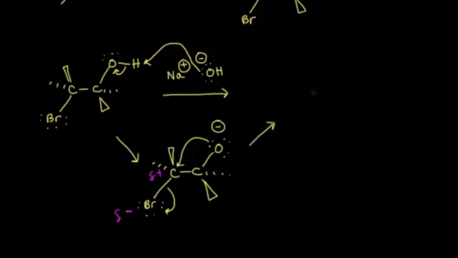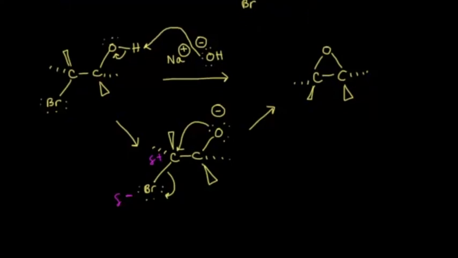So if we go ahead and draw the product, now this oxygen was bonded to the carbon on the right. Now it's also bonded to the carbon on the left, and the bromine left. That was our leaving group, and so we can see that we're going to end up forming an epoxide with this mechanism. So let's go ahead and do a quick problem here where we're forming an epoxide from an alkene,